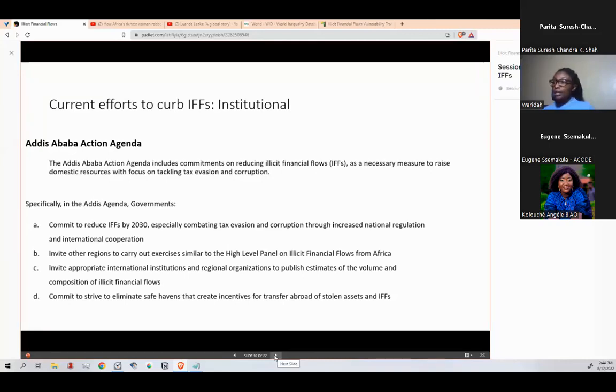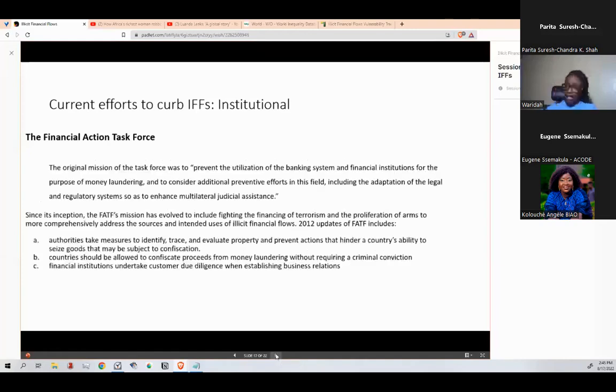to tackle tax evasion and corruption. When it comes to the Addis Ababa Agenda, many say that it does not contain practical actions. It's committing, inviting different efforts, but not really having implementable steps towards them. Another criticism was that it failed to reaffirm human rights and how those were going to be implemented, such as the International Labour Organization conventions. Another is the Financial Action Task Force, and